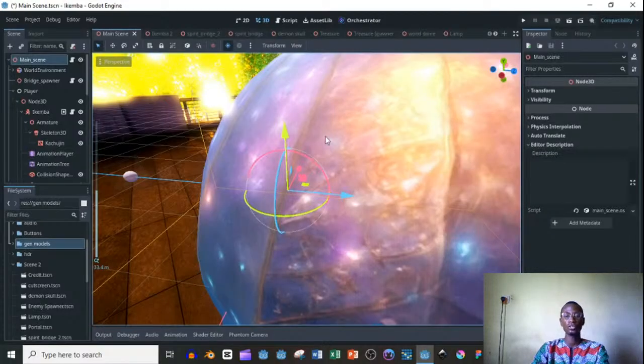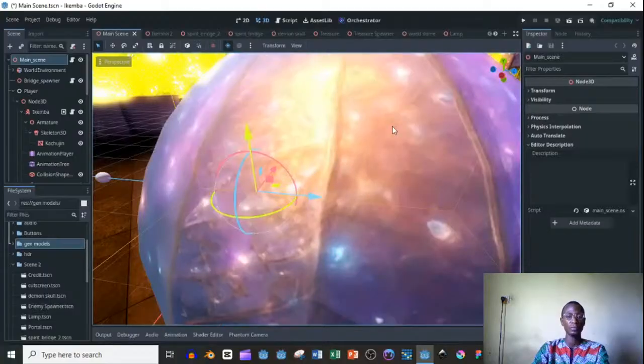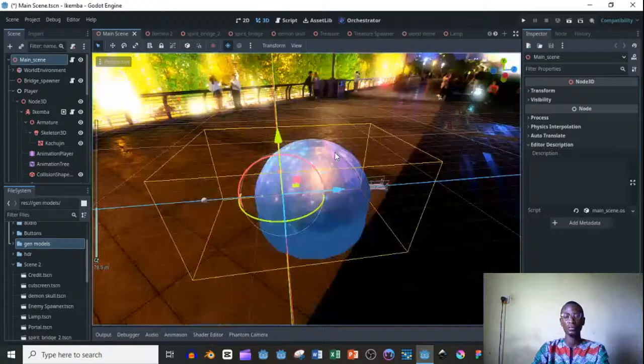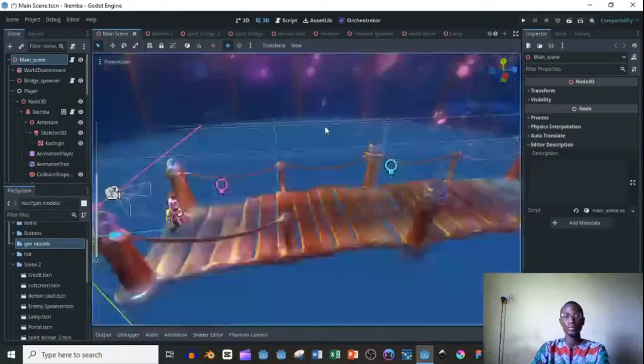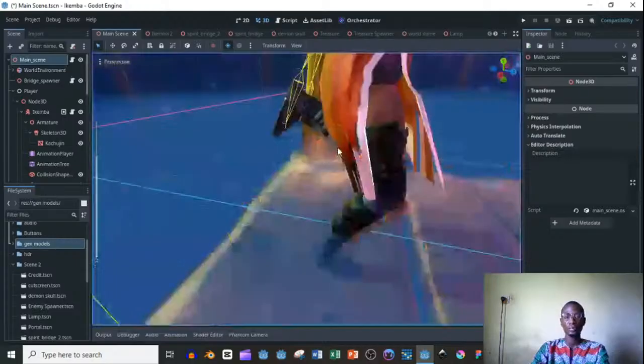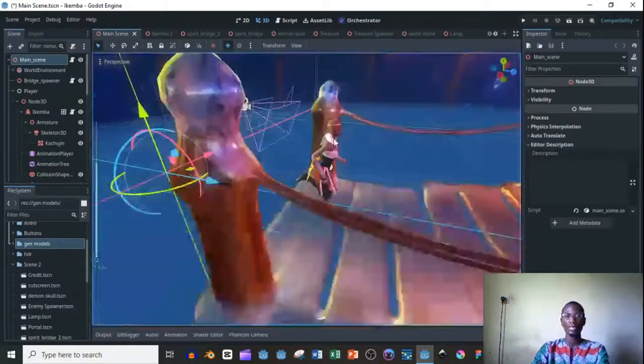So I'm just going to explain first. Before I go into the main code, I'm going to explain everything that has to do with these games here from this main scene here. If you look at this main scene, the first thing you see is the player running. So I have a player that is actually running, and